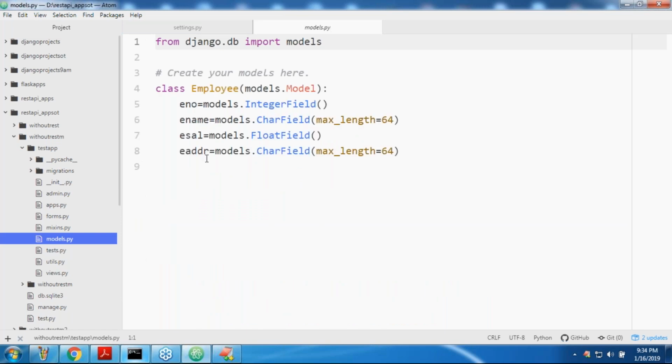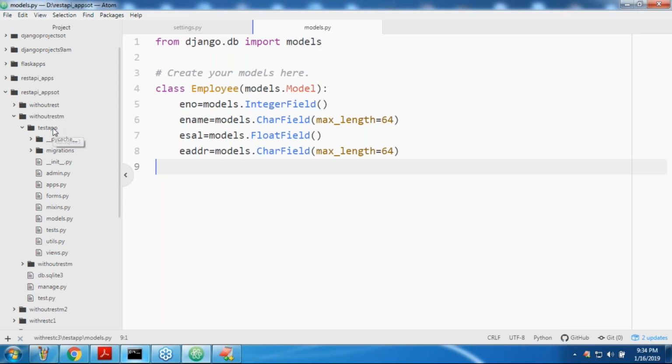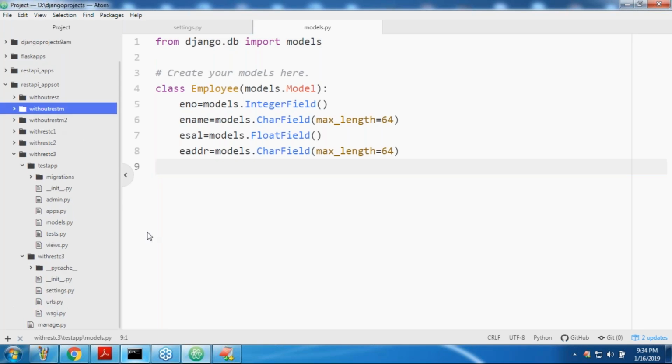Observe that carefully, sir. Any doubt up to this? I took a simple model: Employee with eno, ename, esal, and eaddr.